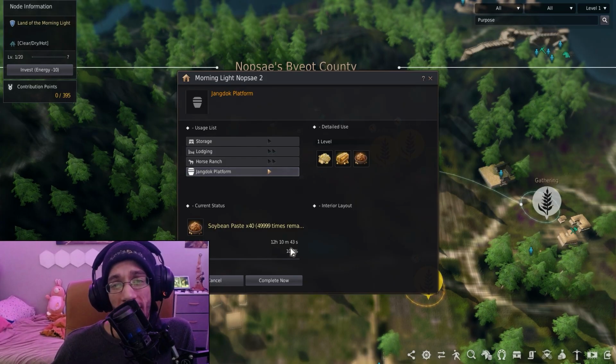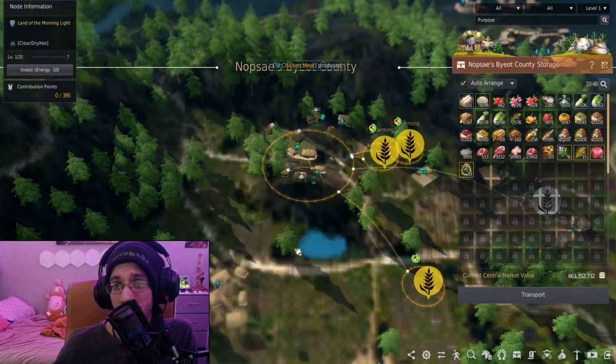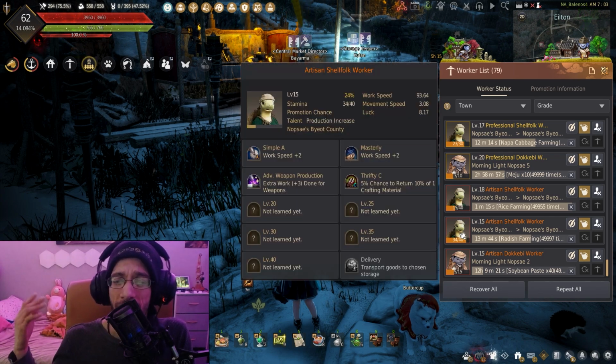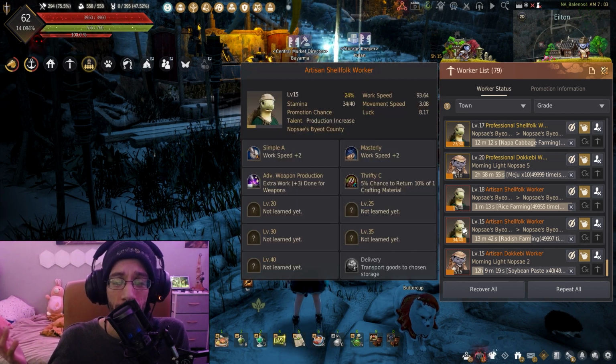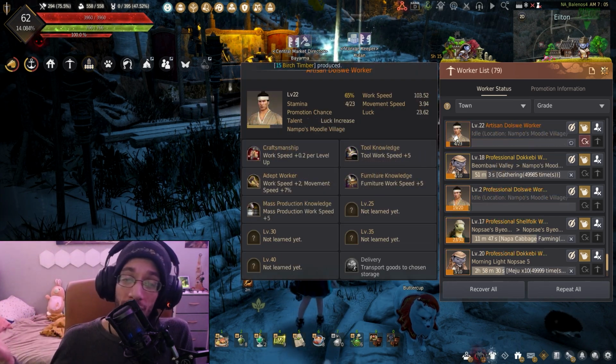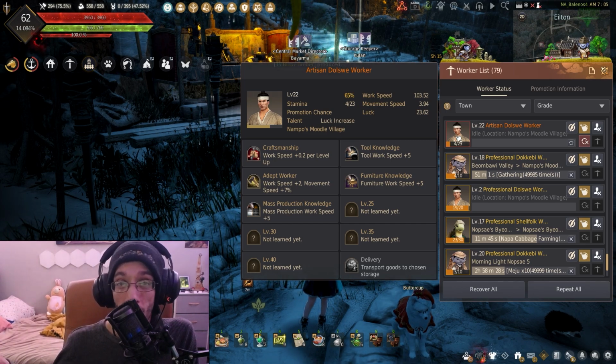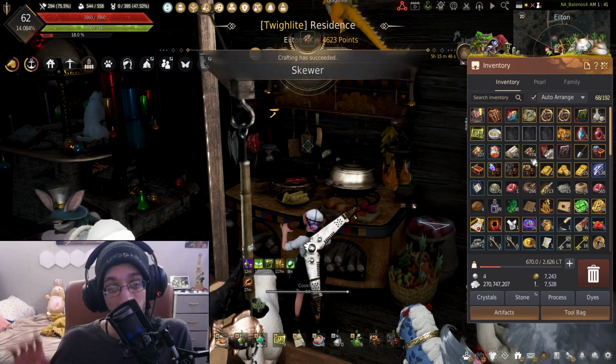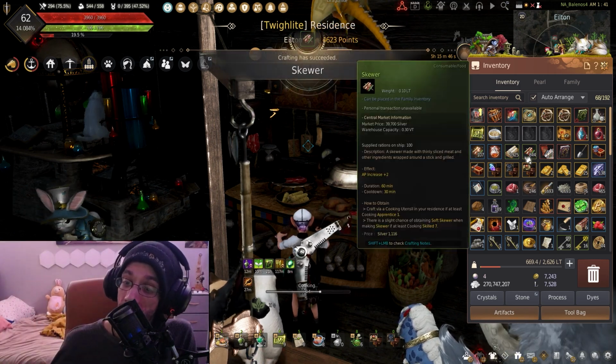I plan to see if I can get my workers faster so I can get more soybean paste made without sacrificing the work speed like with the shell folk or the normal human workers. Maybe we can get lucky and have the refinery or the mass production skill work. That would be amazing. And one final thing, if you're still trying to increase how much soy sauce you have to cook,